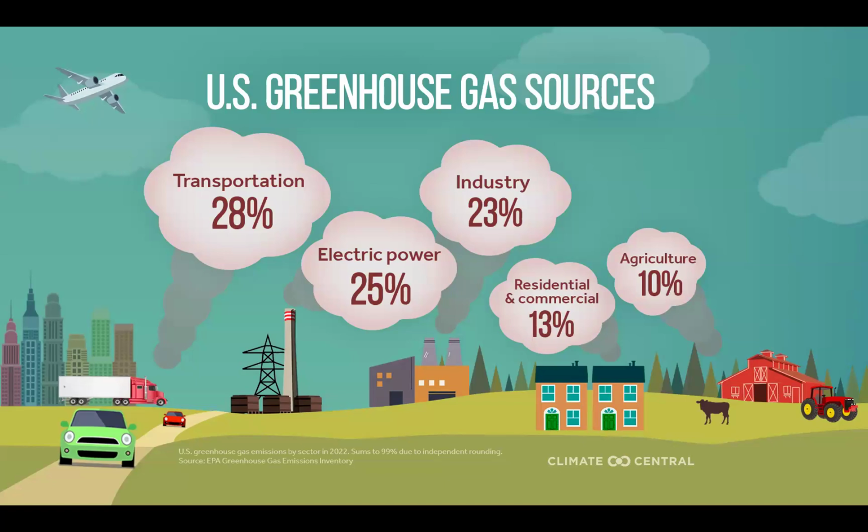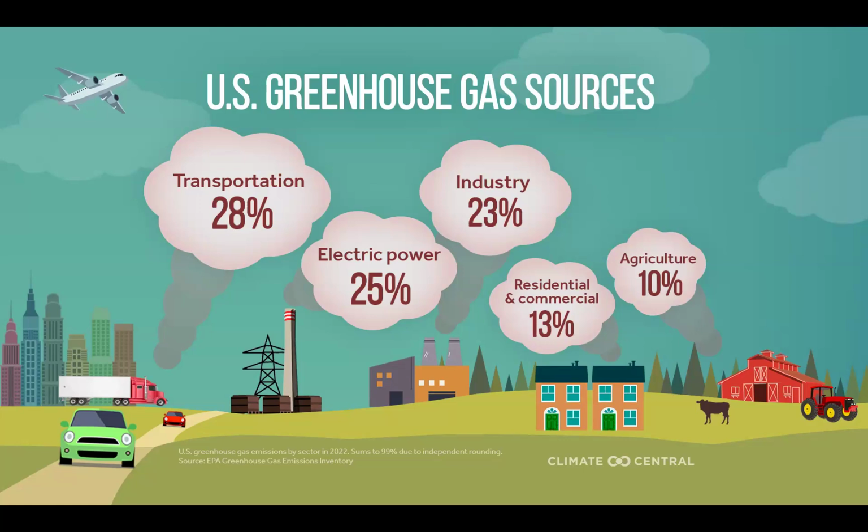Residential and commercial buildings are 13%, agriculture is 10%. If you add just those three sections up, because for the purpose of this meeting, that is the kind of land use we'll talk about, because that is what zoning directly can impact. That's 51% of emissions. So literally slightly over half of emissions are controlled by the zoning policies that control how